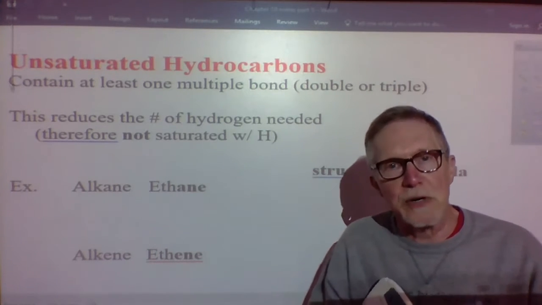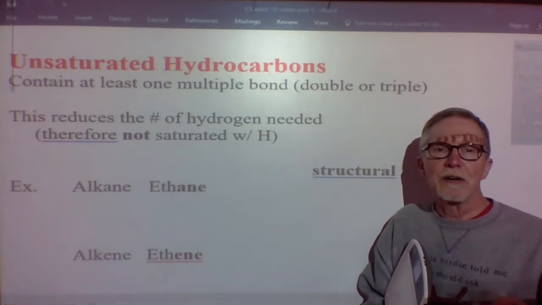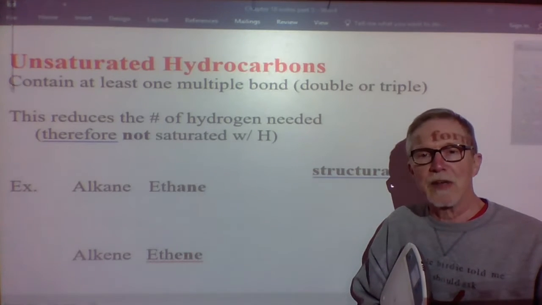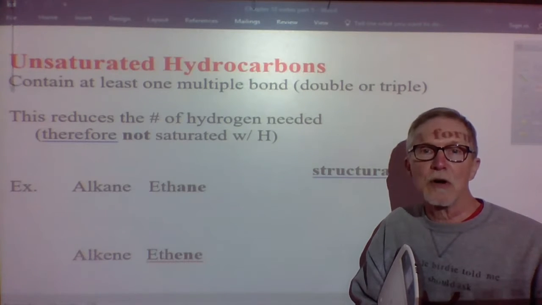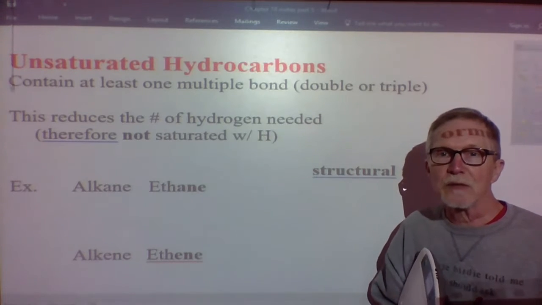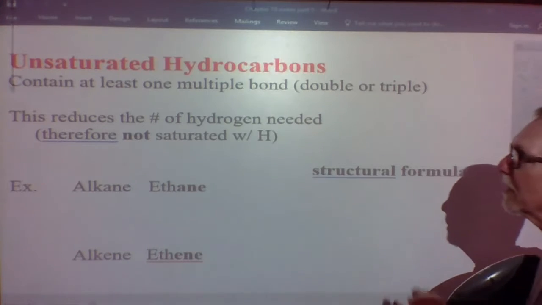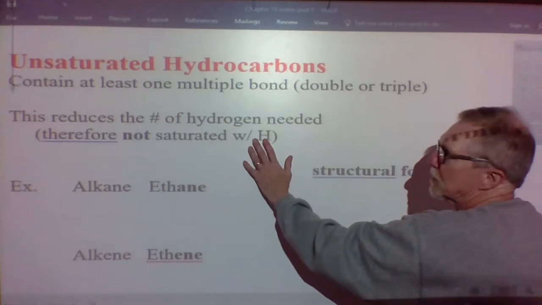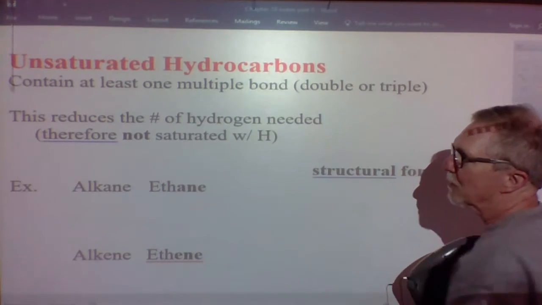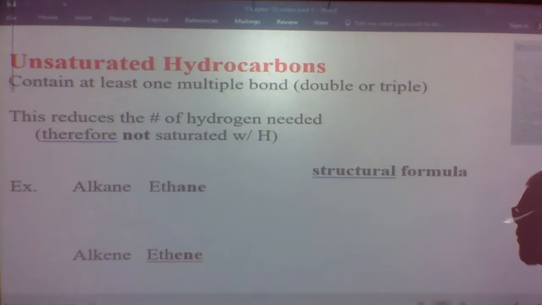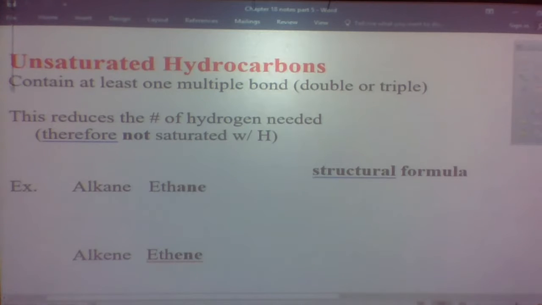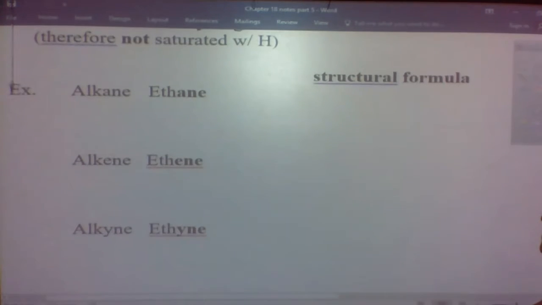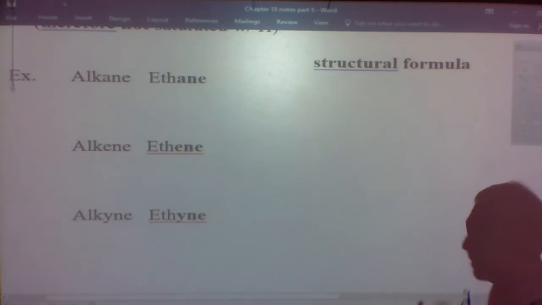But an unsaturated hydrocarbon has some carbon-to-carbon bonds that are double or triple bonds, and those are called multiple bonds. So we're going to look at situations where it's not saturated with hydrogens. There's less than there would be if it was an alkane. So we're going to start with the simplest unsaturated hydrocarbon, and we're going to deal with